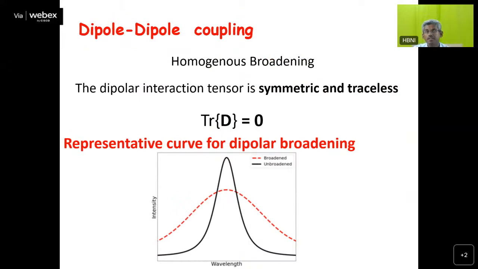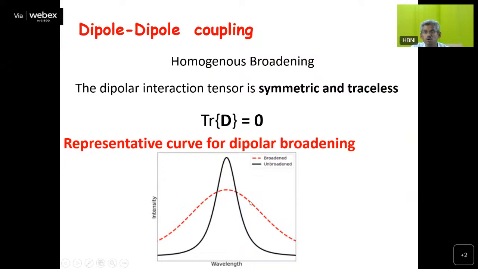Another property of the dipole-dipole coupling is that it gives a homogeneous broadening. What do you mean by this? I have shown a spectrum here. The x-axis is wavelength, nothing to do with the NMR spectrum here, and the y-axis is intensity. You can say it is an emission spectrum. So if you see here,